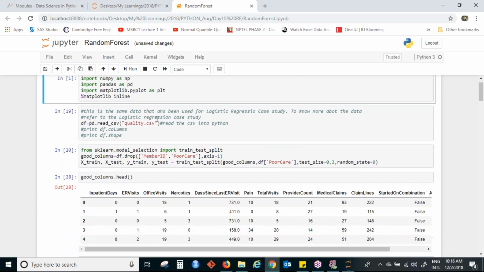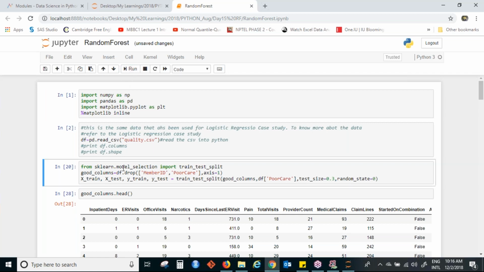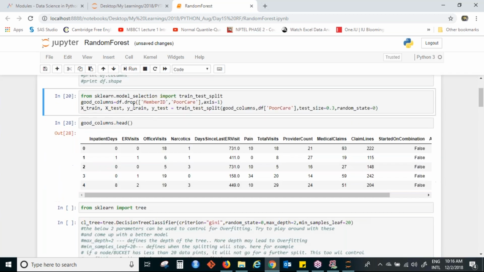So first I'll import all the libraries like NumPy, Pandas, Matplotlib. Then I read the data, and then I divide my data into train and test. I'm only using 2 columns for this example because I want to keep it simple and understandable.